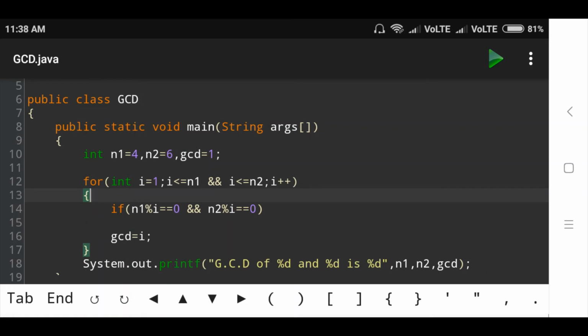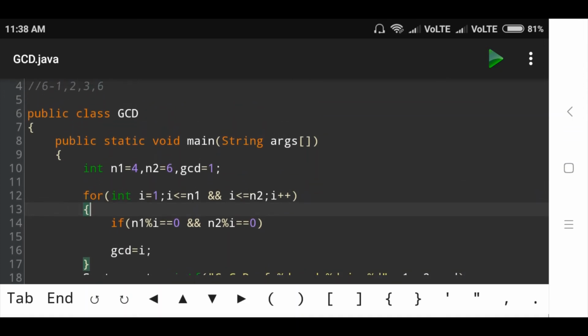And n2 value is 6, modulus 4, a remainder is required, so condition is false. Then again go to the next condition, I value is stored in GCD. Then again go to the for loop condition, I value is increased by 1, I value is 5.